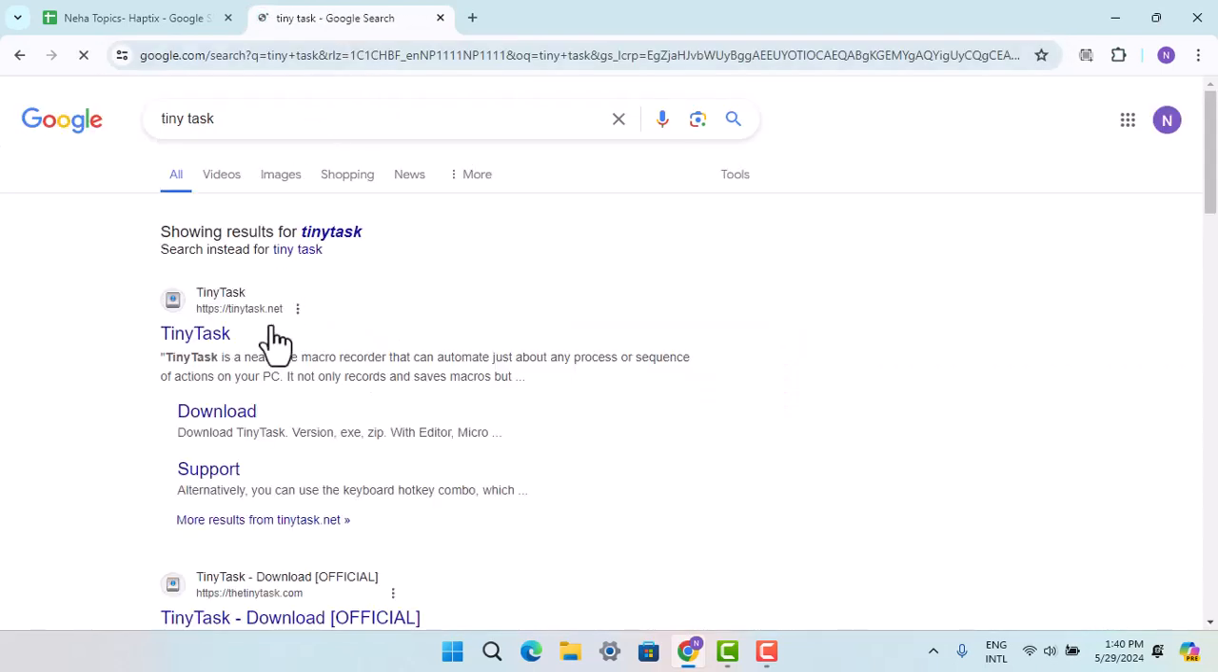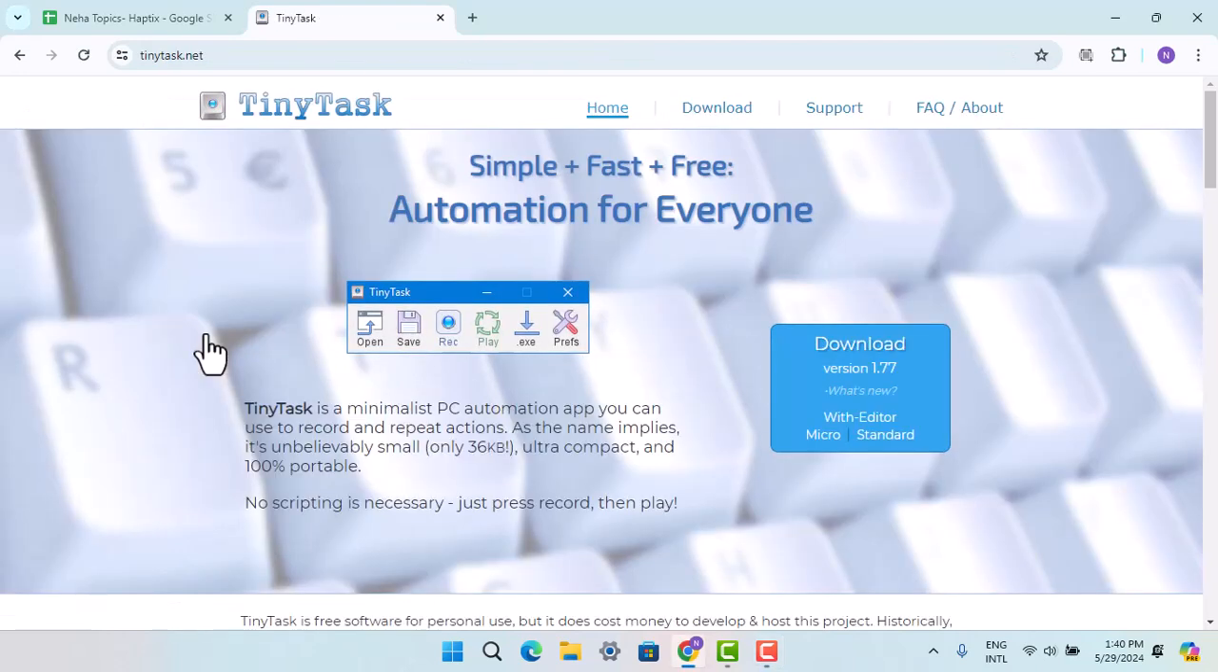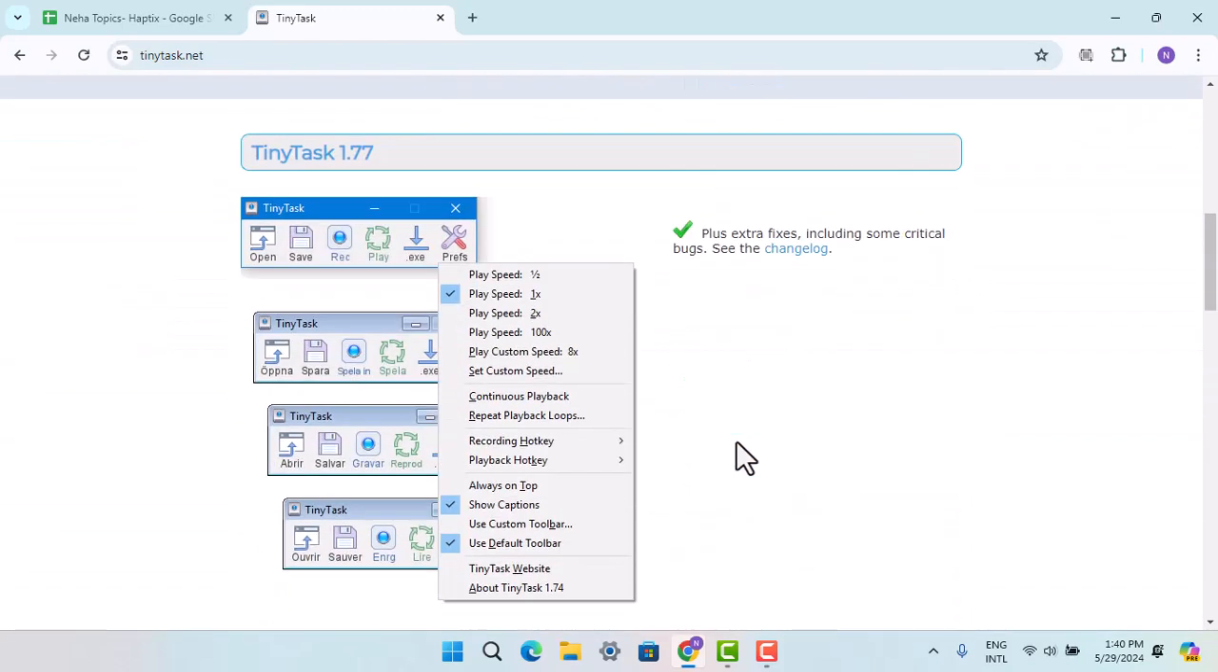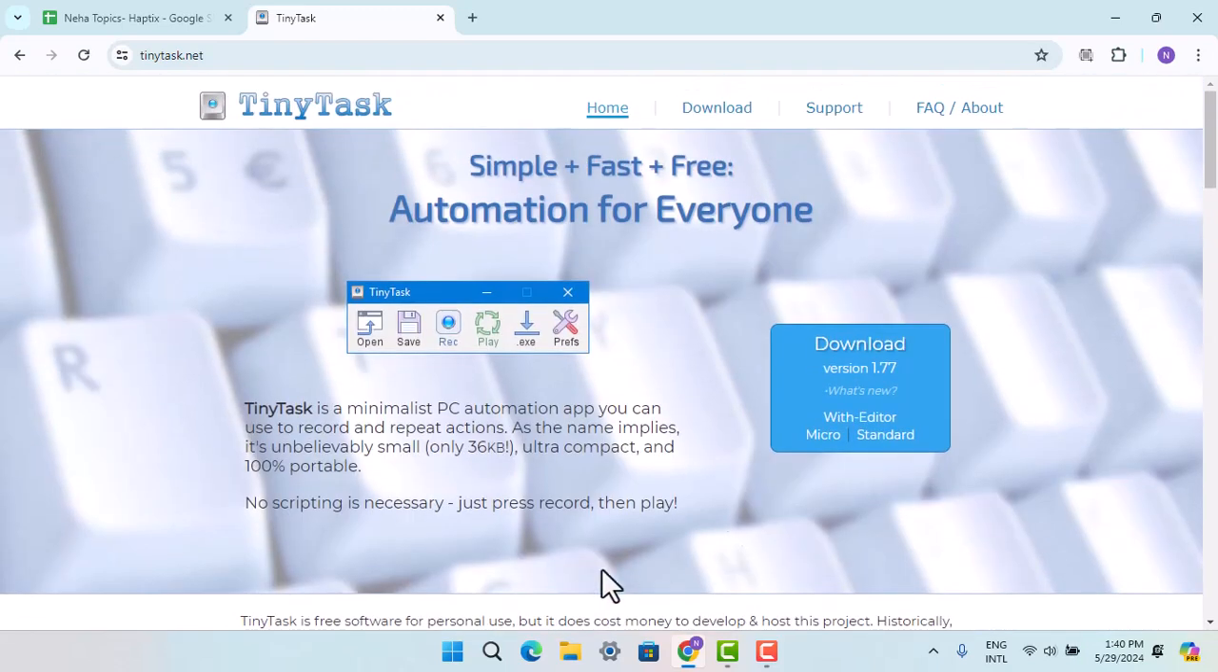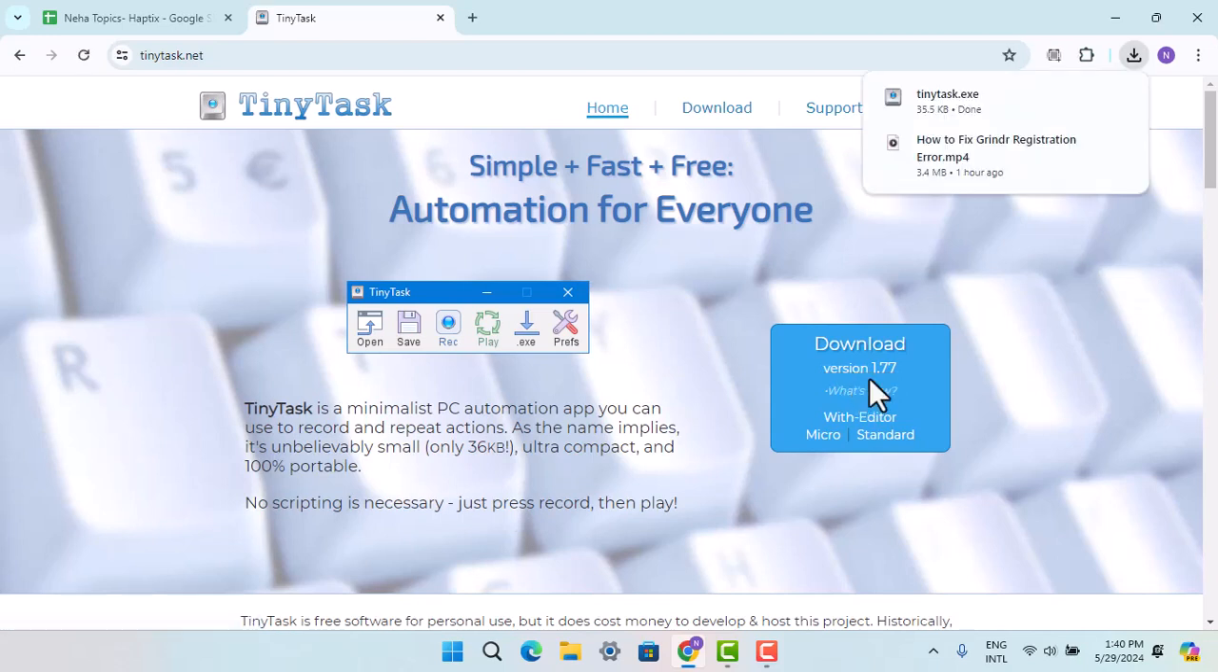When you type in TinyTask you can see a list of options, so from there go ahead and press on the link that is right on top, the first one, and when you do that it's going to show you all of this information right on this page. So here you have all the information and the different versions as well. In order to download it you need to go ahead and tap on the download version, that is 1.77,